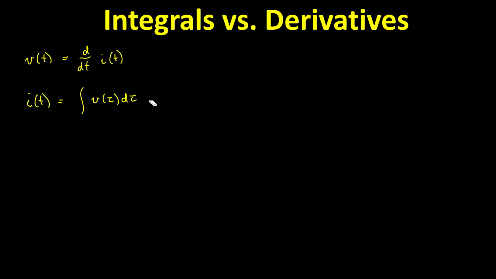And I'm using a dummy variable tau here, because when I fill in these integral limits, I have to go from negative infinity up to t. And I don't want to use the same variable to integrate against as my upper limit. So if you always know the value of your voltage for all time, going back to negative infinity, going back before the Earth was made, then you're set. But we rarely do. Instead of knowing this, which is what we want, we're usually given something else. We're usually given this problem,